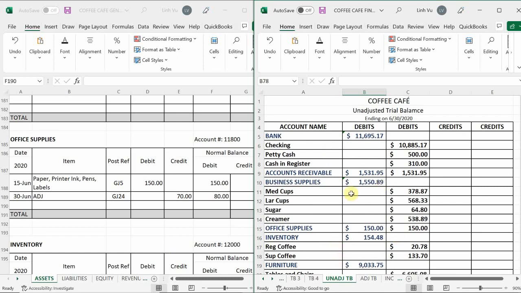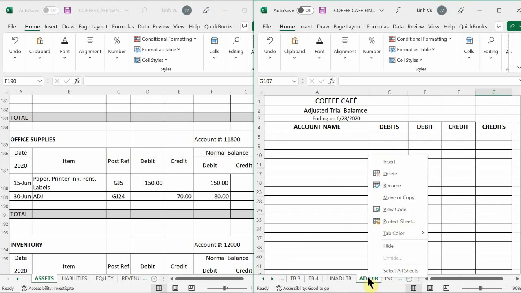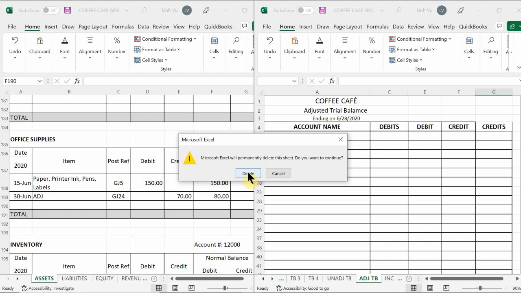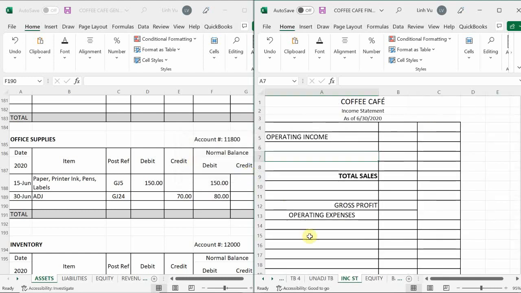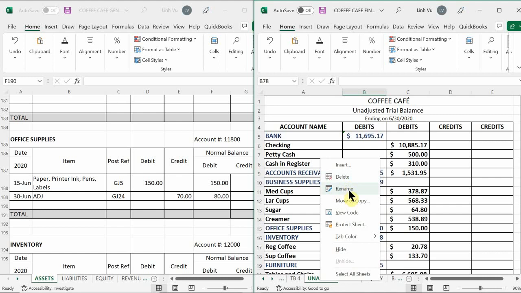And what I'm going to do is, since I did most of the work, all I'm really going to do is make a copy of this sheet so that I can reuse this platform and just add in what I need to add in and fix the formulas that I need to fix. So in this case, I'm going to click my adjusted trial balance, and notice this, it has the 4 columns. I'm going to go ahead and delete this. Okay, because I can't have two of the same copies of a form in here,